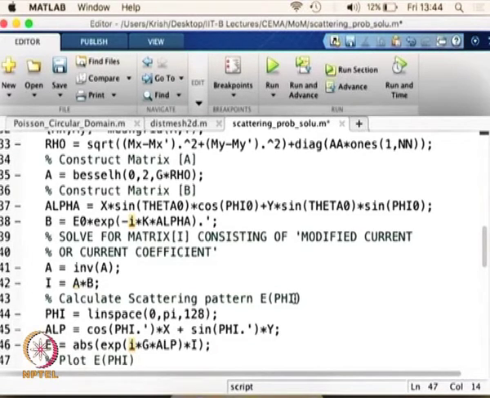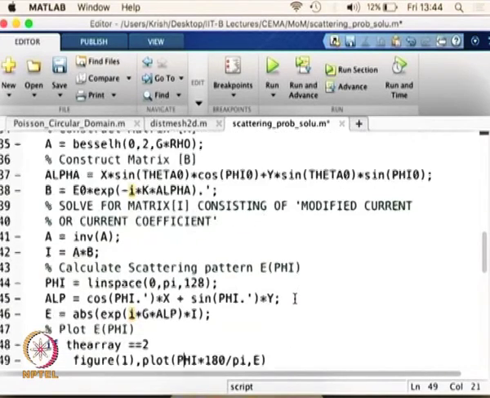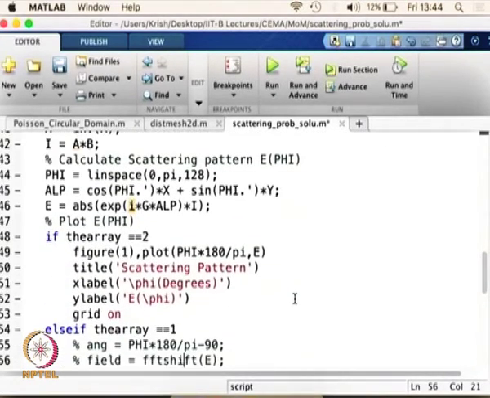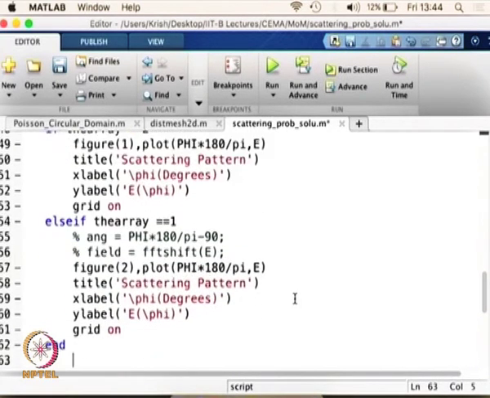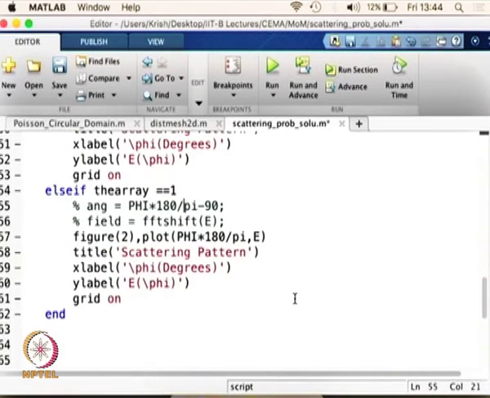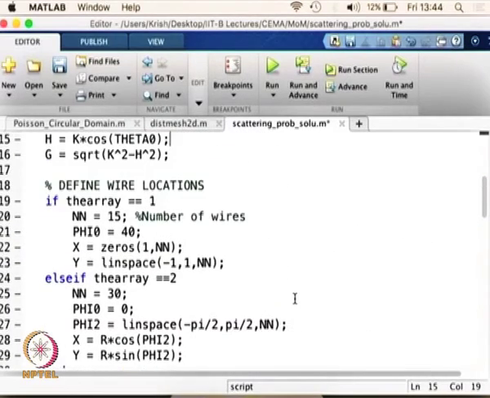I will give this code for you to test and try in your own time, but let us now take this example and compute the scattering pattern and plot it for this array antenna, and see how the solution looks for various input parameters. I am going to change the number of wires, and I am also going to change phi naught. Let us take for the moment the number of wires to be 15, lambda equal to 1 and phi naught equal to 40. Once you do that,